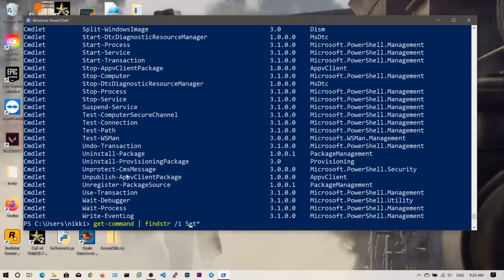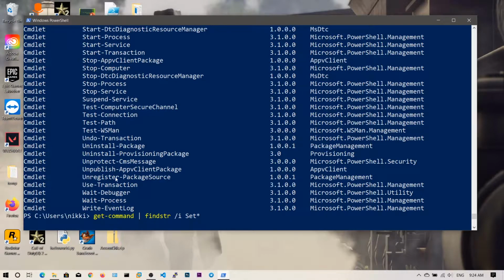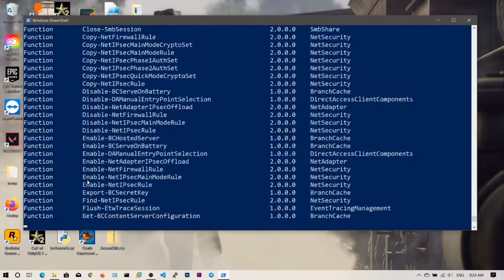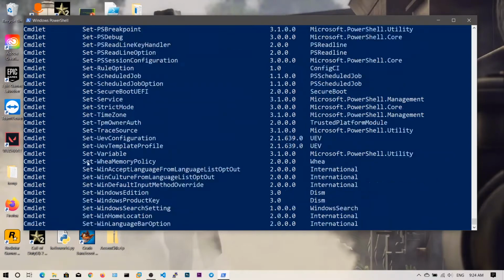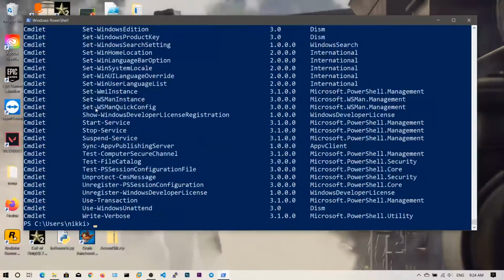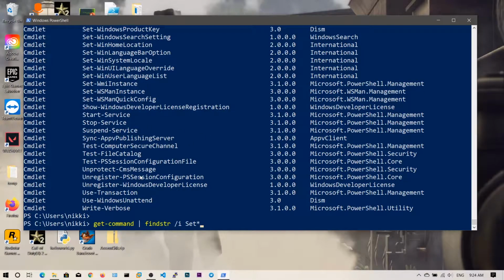Let me type, say, set star. You will get a bunch of commands with SET somewhere in the string. So this is a somewhat flexible way of filtering through some output. We will be using findstr a lot.